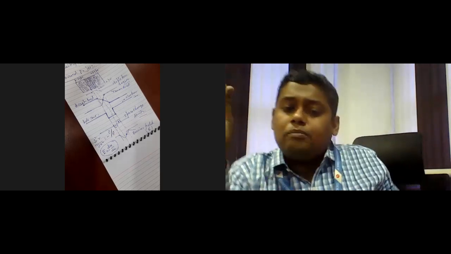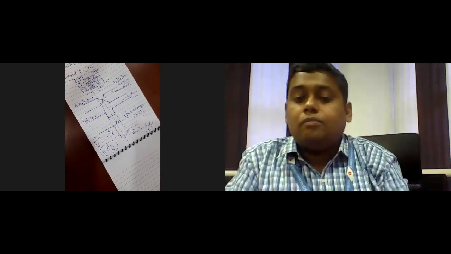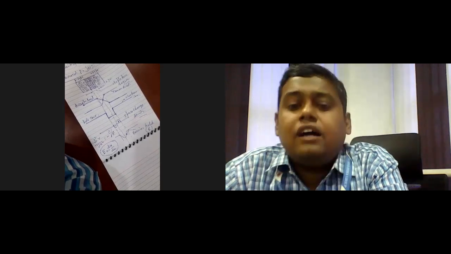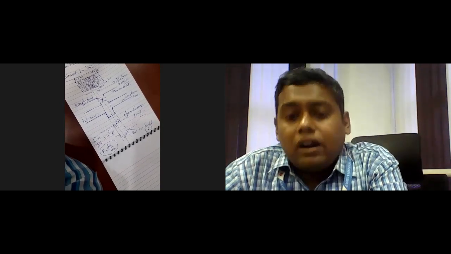So here we will introduce the PN junction simply: how the PN junction is formed, and when the PN junction is formed, what different phenomena occur. That is what we will consider in this discussion. In the unbiased structure, how the immobile charge ions are developed and concentrated across the depletion region, and what concentration gradient is introduced over here, we also discuss in this class.